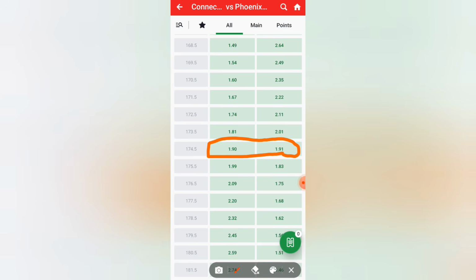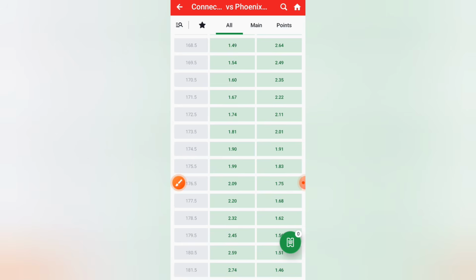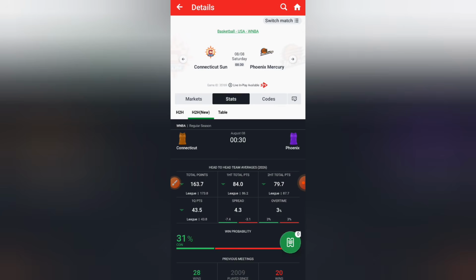So since we have 190 and 191, it shows that the bookmakers are actually expecting over points in this particular game. They are expecting over points. So that is all about using the middle odd line of the bookmakers. But if you want to combine everything together, it may actually take your time, and most times you won't be able to.